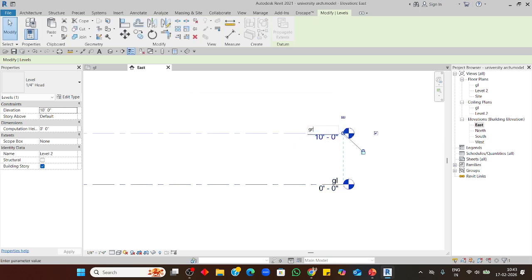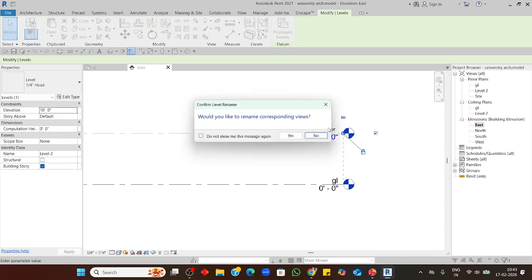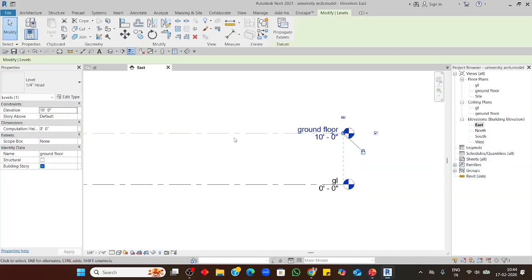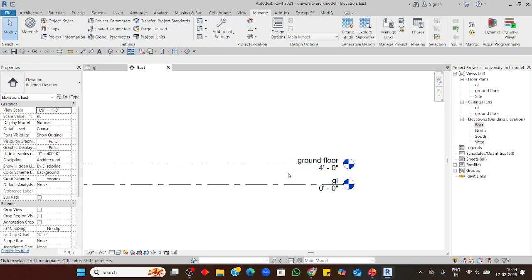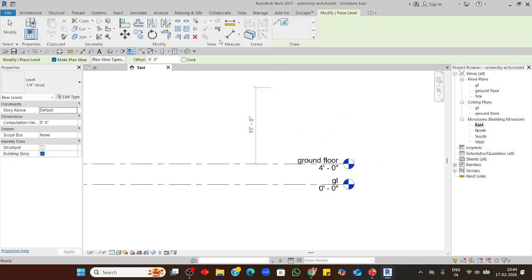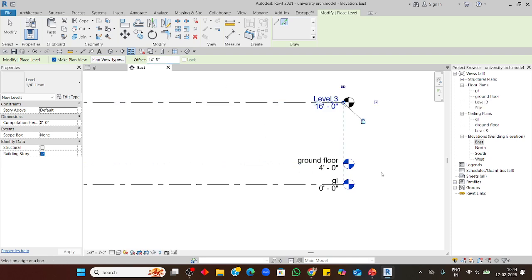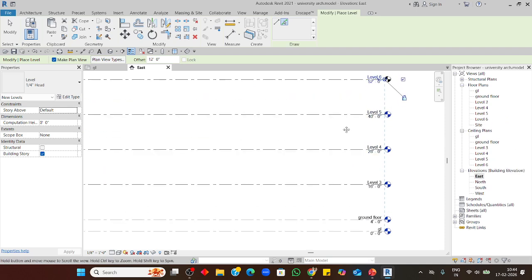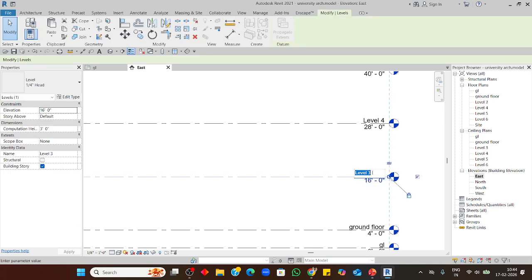From the ground level we have the ground floor. What is the ground floor height? 4 feet from the ground level. Okay, from that we have 4 levels. So this is the first floor, and this is the second floor. Or what you can do,